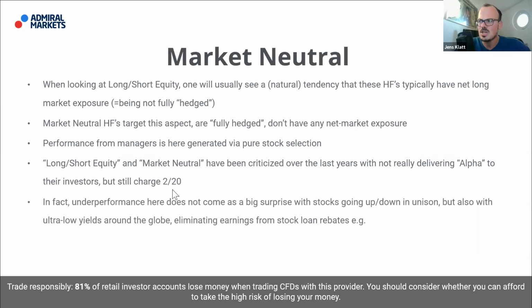And so let's come back to the underperformance aspect. The underperformance, in fact, does not necessarily come as a big surprise, with stocks going up and down in unison, but also with the ultra low yield market environment around the globe, eliminating earnings from stock loan rebates, for example. What I mean by that is that you can loan out stocks you have in your portfolio, generating an income stream as a hedge fund, which is something like 1 to 2%, I don't have the numbers available yet, and something which you usually can only do once you have a certain